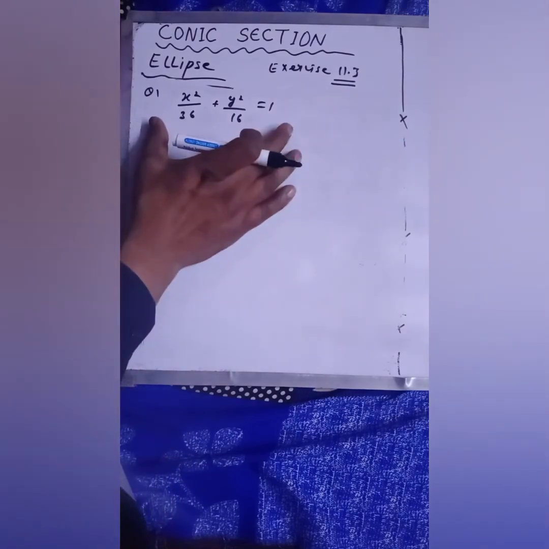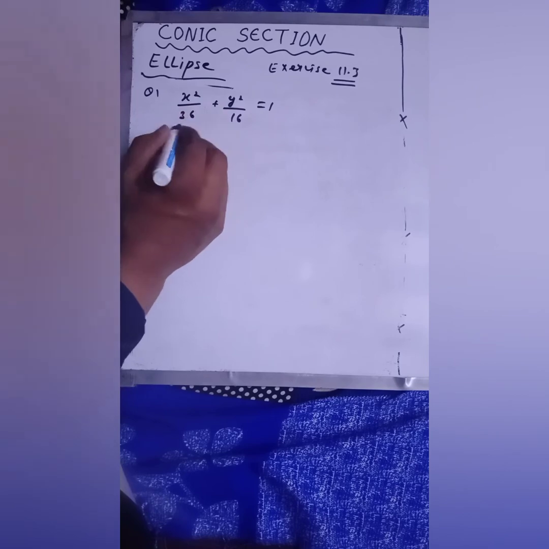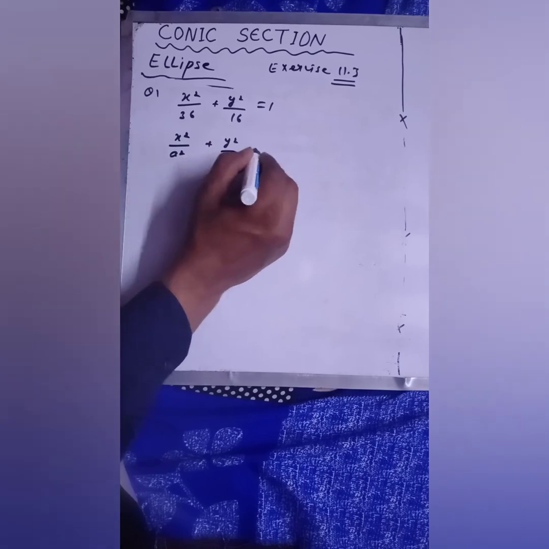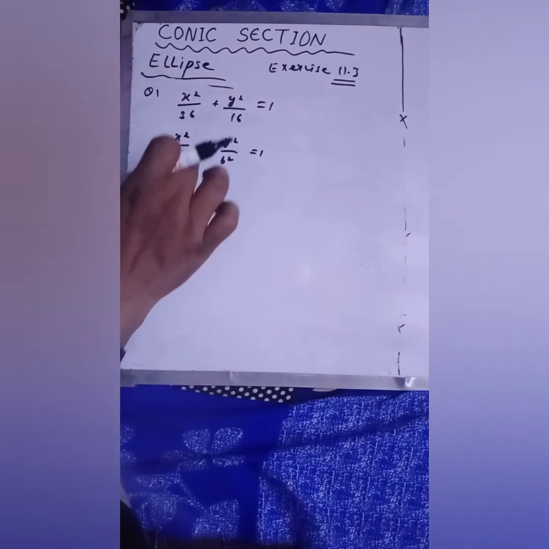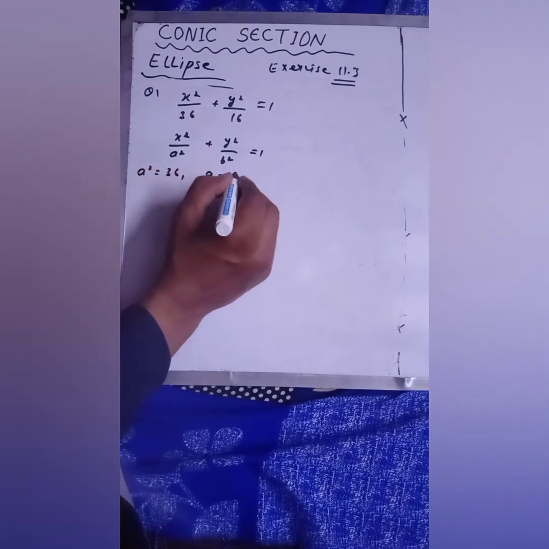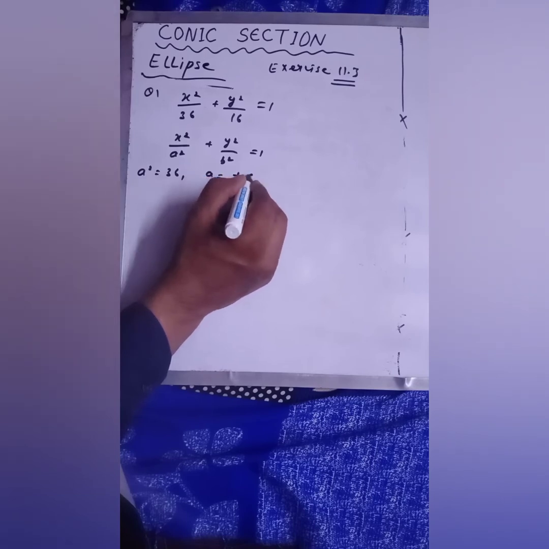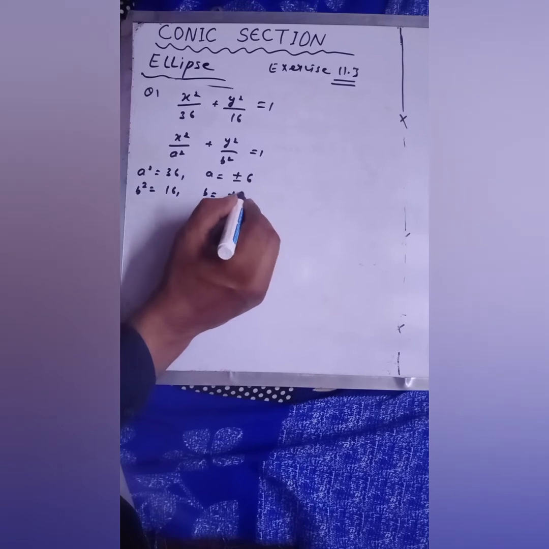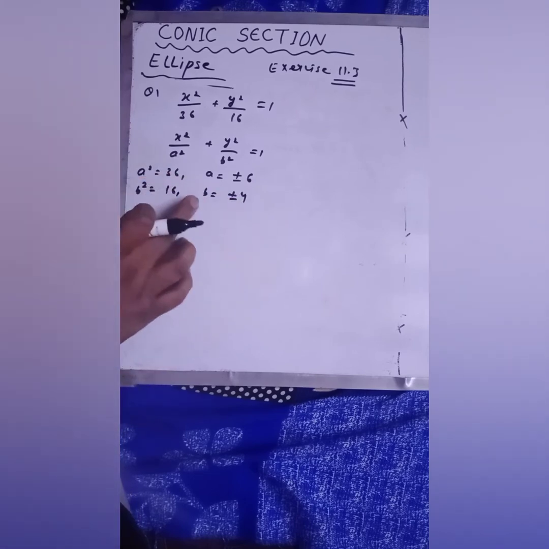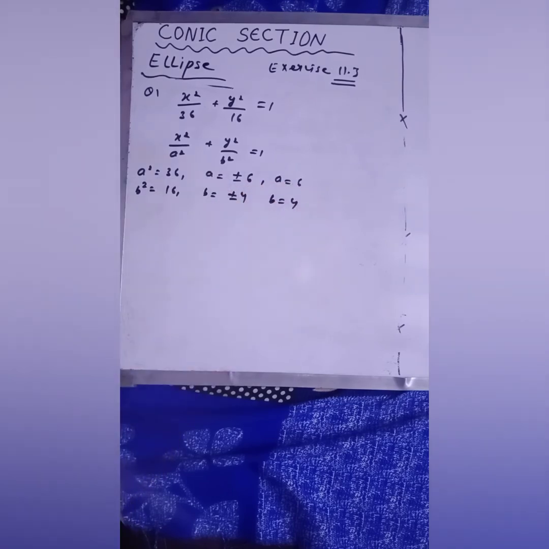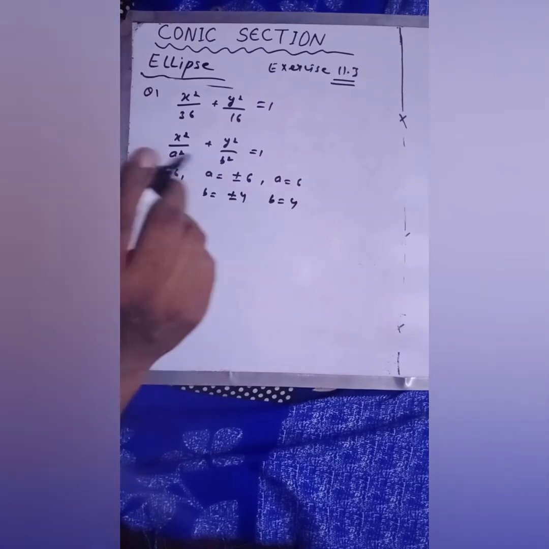See how will you do this. First of all, you have to compare this equation with this: x square over a square plus y square over b square, that is equals to 1. Okay, it is in this form. So when you will compare, your a square would be 36. That means your a would be plus minus 6. Fine. Similarly, your b square would be equals to 16. So your b would be plus minus 4. So as you know that a and b both are the length, so you will take positive value. A would be 6 and b would be 4. Got it?